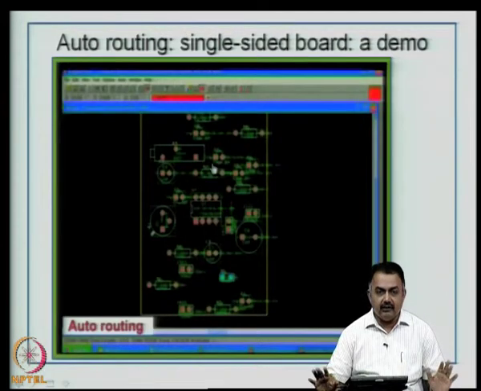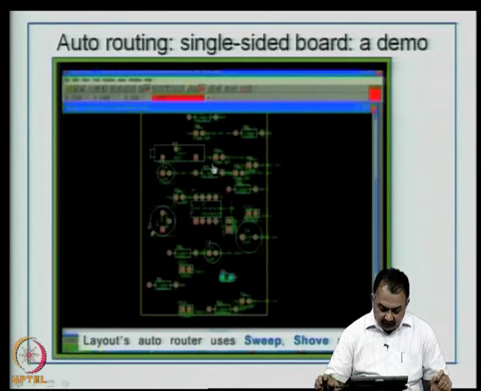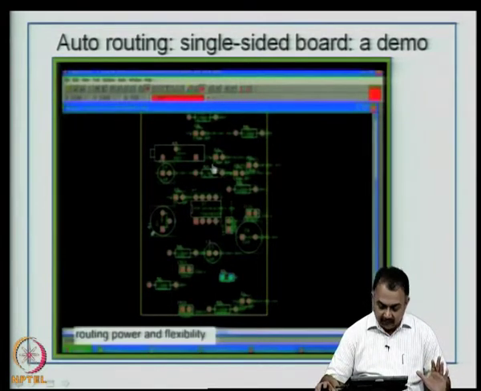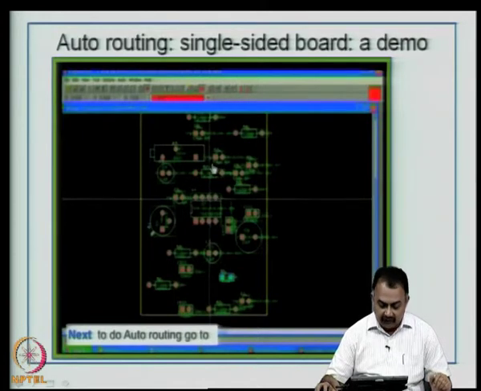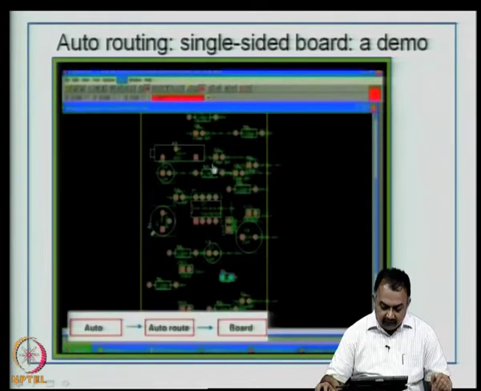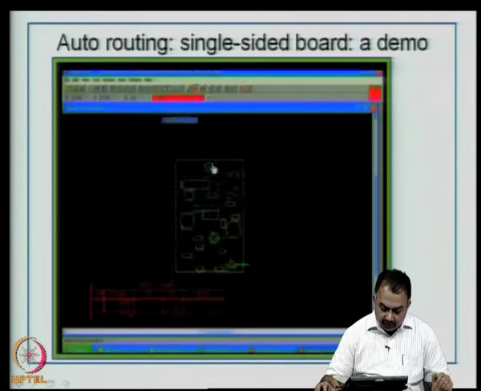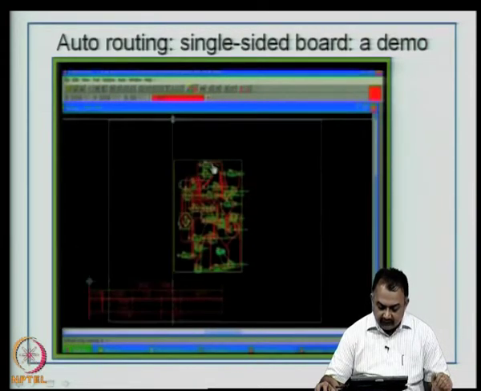So, basically the layout is ready, as you can see here. Now, what we are trying to do is, every auto router has its own technology, as I said, to provide maximum auto routing power and flexibility. Now, in this particular package, you can try to auto route the board, and as you can see here,